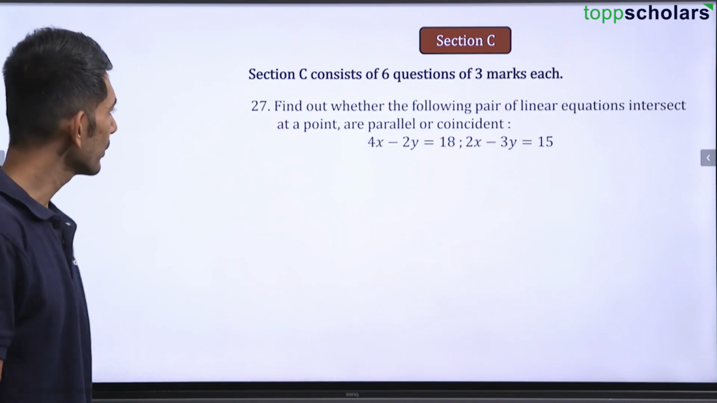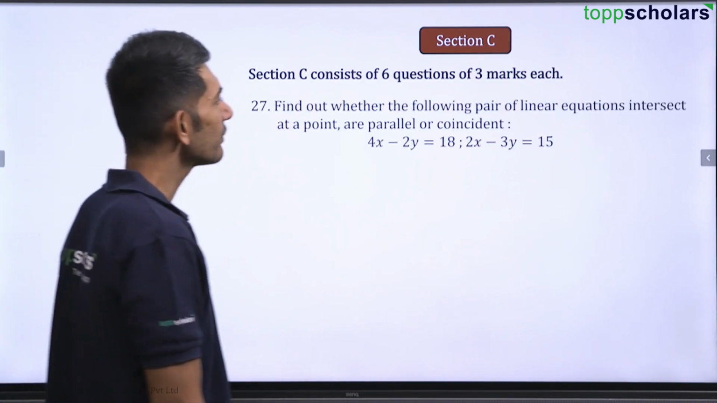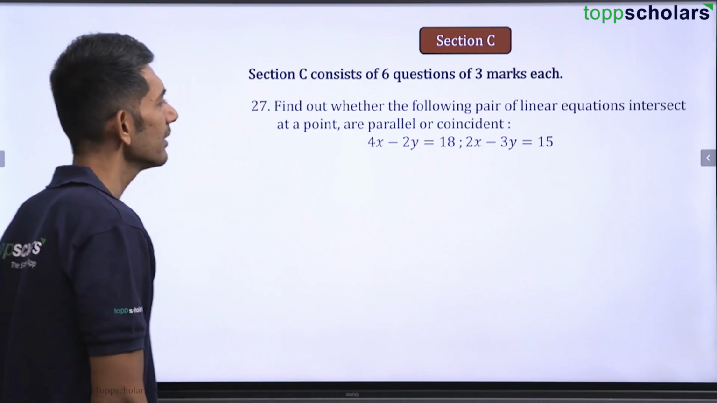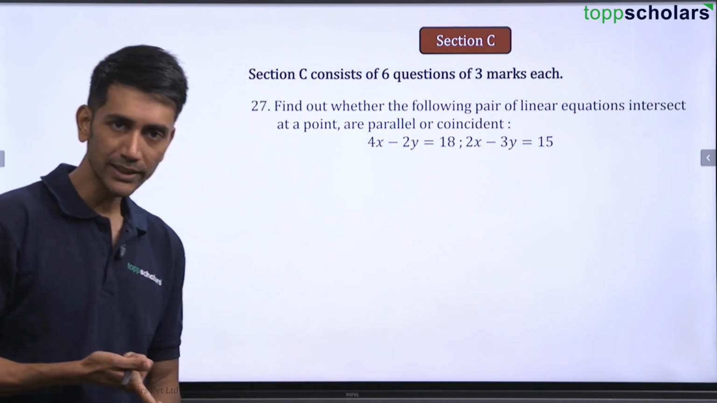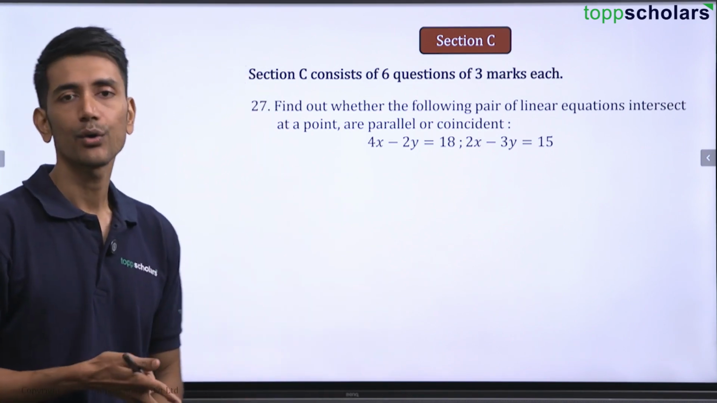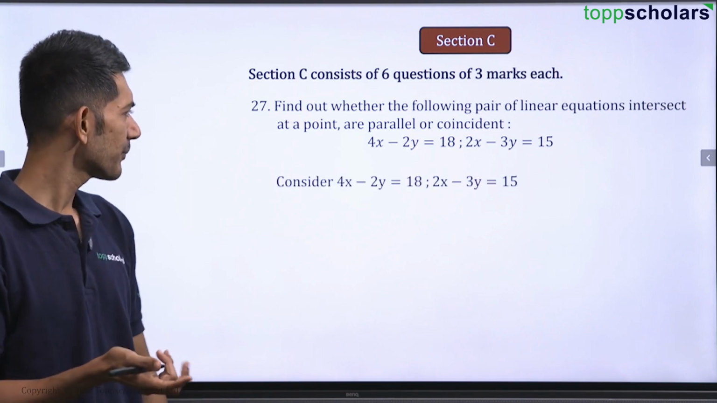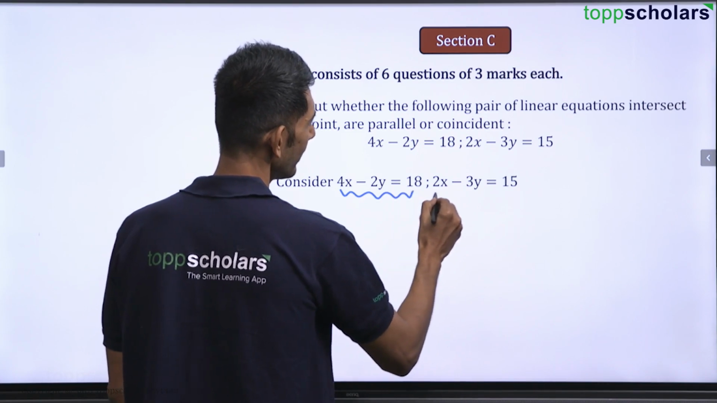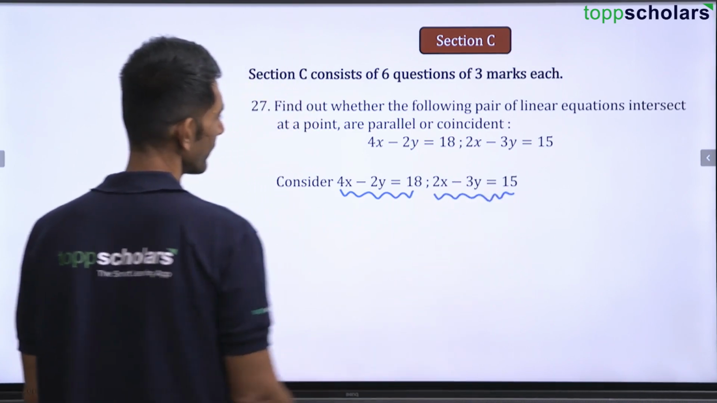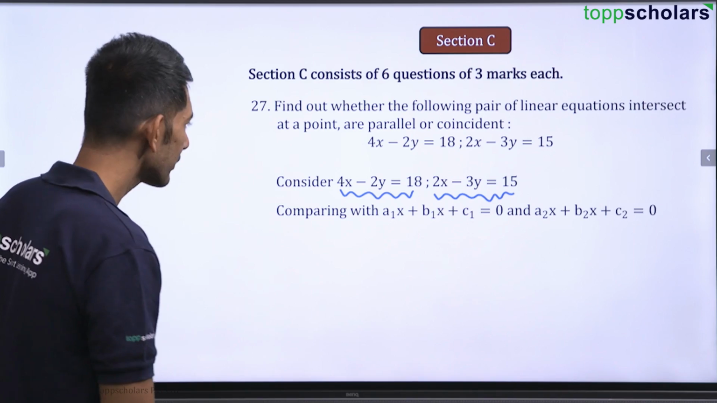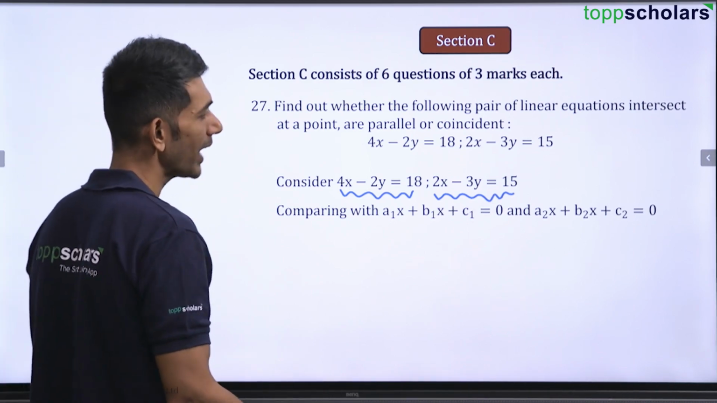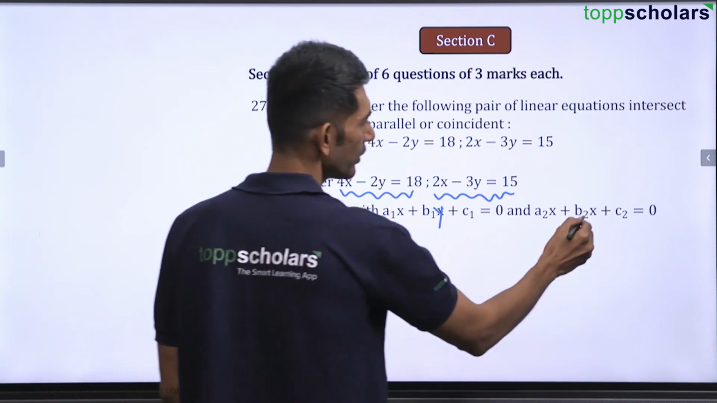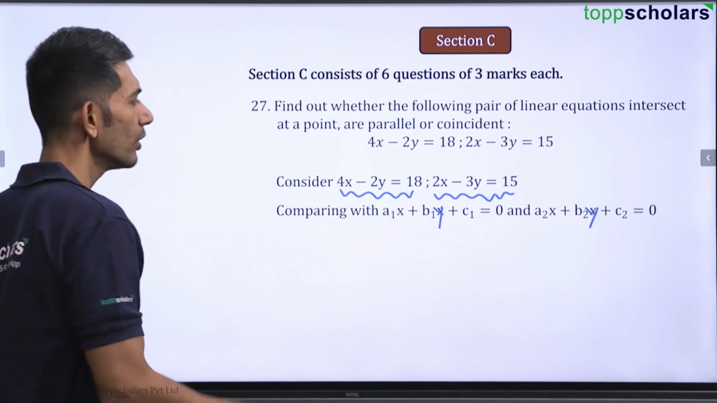Okay, so let's have a look at a new question now. It says, find out whether the following pair of linear equations intersect at a point, are parallel or coincident. So we are supposed to check if the lines are parallel or coincident. The concept is very easy, isn't it? So let us consider the two lines, 4x minus 2y is equal to 18 and 2x minus 3y is equal to 15, right? So once we compare this with a1x plus b1y plus c1 is equal to 0 and a2x plus b2y plus c2 is equal to 0,